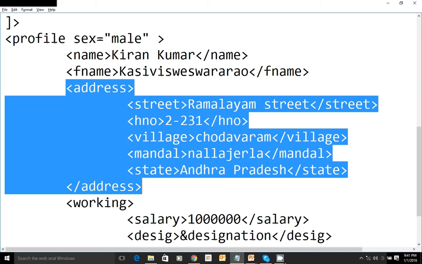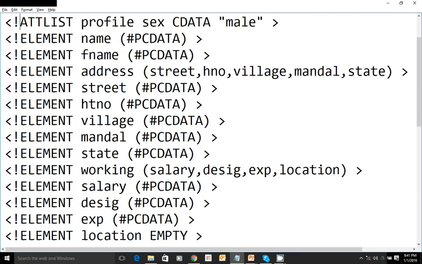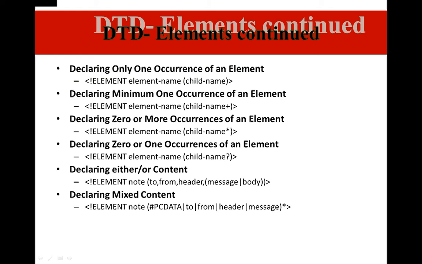When you want to define such repetitions, we have to define it in the DTD, saying that this address will repeat 2 times, or this address should exist at least once, and maximum. So when you want to define such repetitions, you can do so with the help of special symbols.